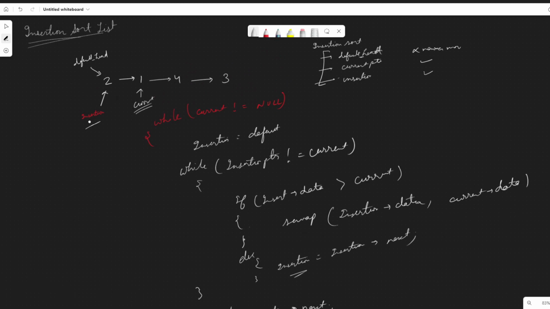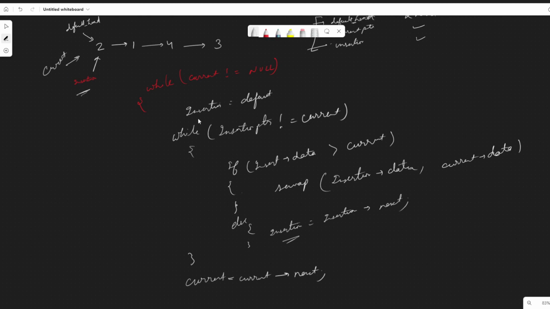Suppose our insertion node is currently pointing to head. The current node is also currently pointing towards head. So while current node is not equal to null, no, it is not null, so we can go forward inside the loop, setting insertion pointer to default head. Then we check insertion pointer is not equal to current, but it is equal to current, so it does not come inside this loop. It goes outside and